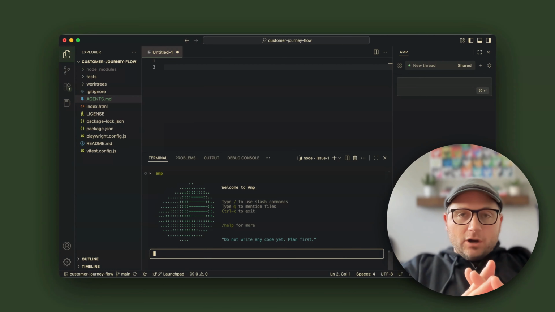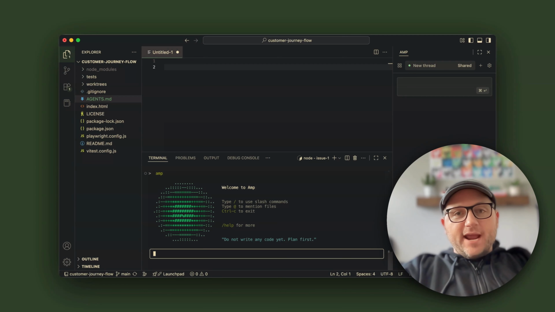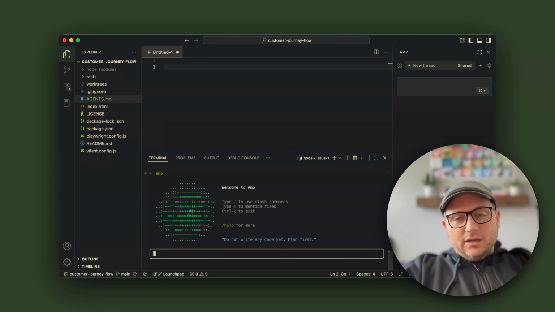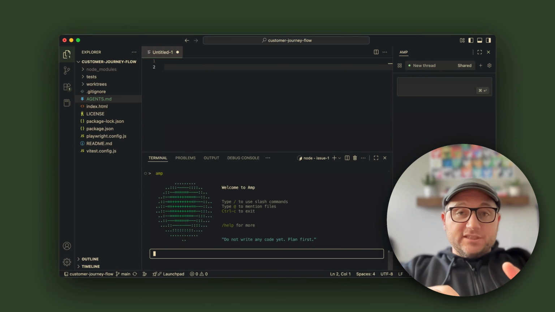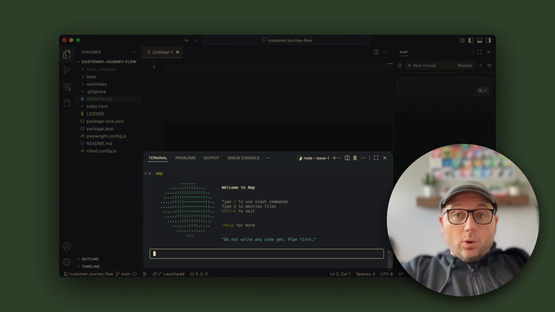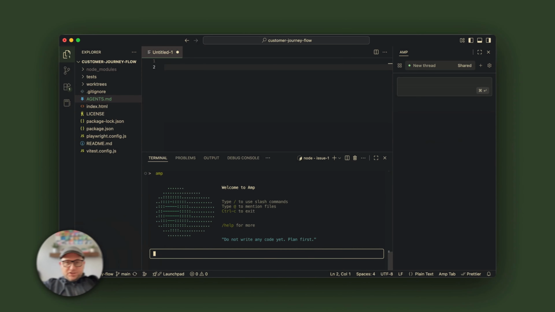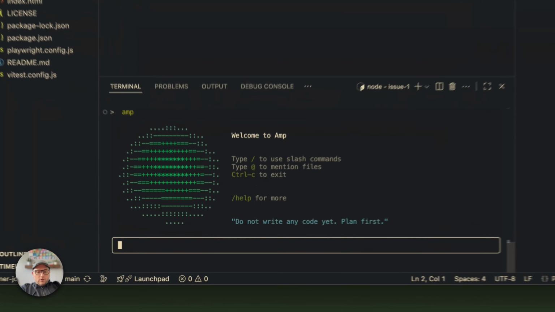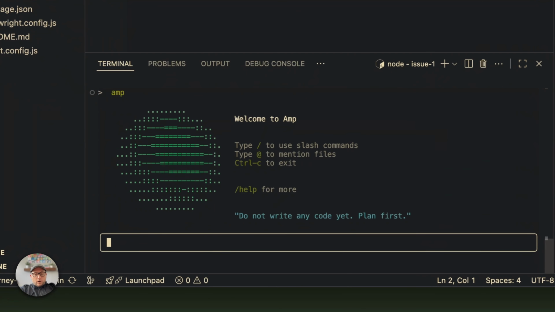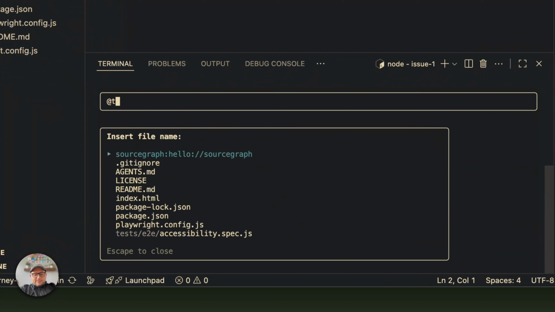Today we're going to be talking about referencing files and directories inside of AMP, whether it's the CLI or the VS Code extension. Let me show you what's up. So let's start with the CLI. We're going to do a directory. So we're going to mention @test,